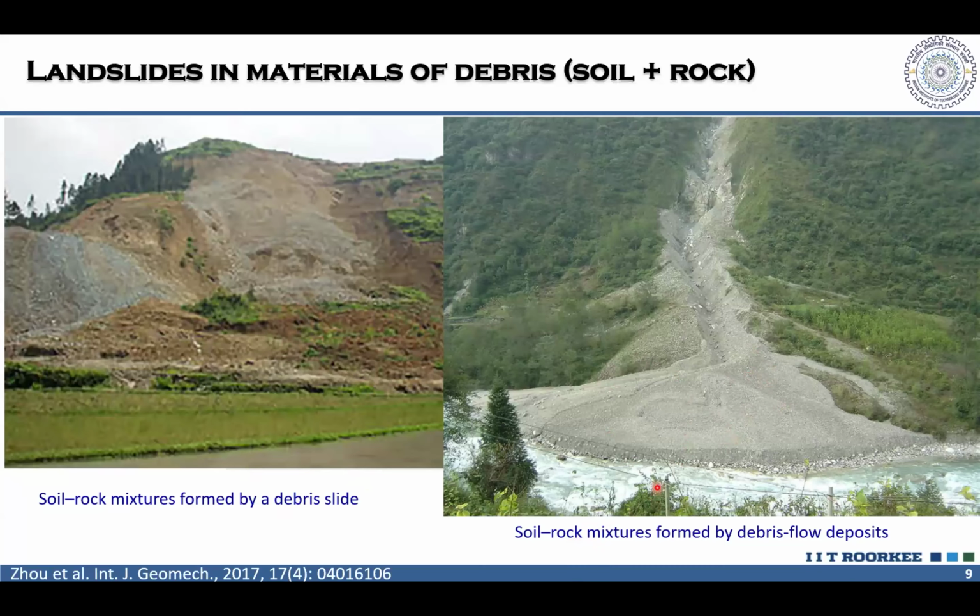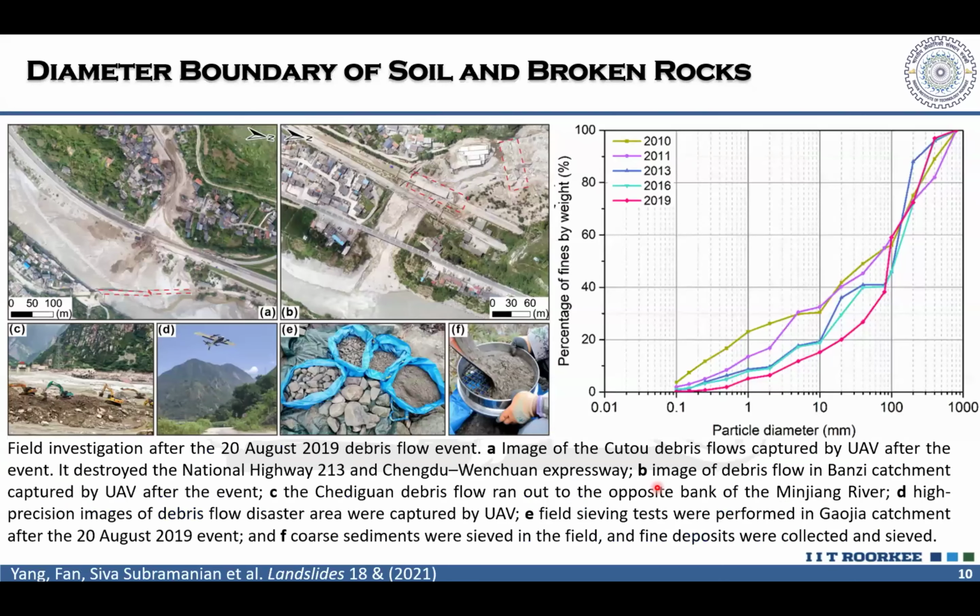And this becomes the problem, because understanding of the behavior of soil-rock mixtures, which is the predominant material in the debris itself, is lacking at the field scale as well as at the laboratory scale. So if we want to know the hydrological or geomechanical processes happening during a rainfall-induced landslide or debris flow, we need to know how the material, which is a granular material of different grain sizes, is going to respond to a given boundary condition, that is the rainfall.